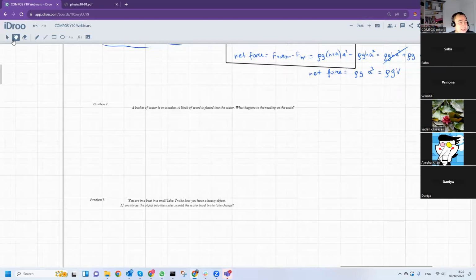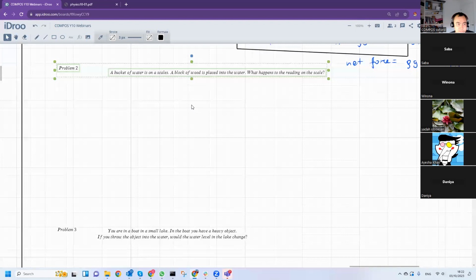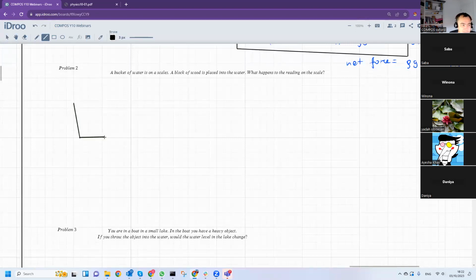Anyways, problem 2. A bucket of water is on scales. A block of wood is placed into the water. So you have a bucket of water, and it's on scales, on an electronic balance. And the electronic balance shows you something. Let's say it tells you,